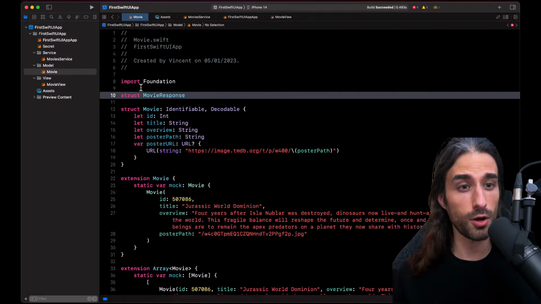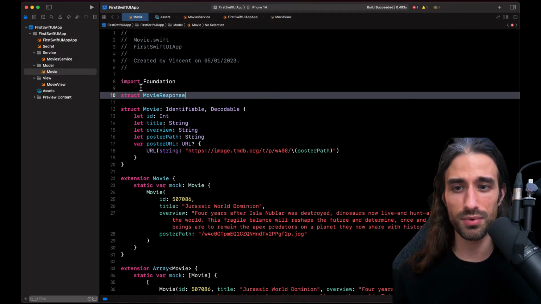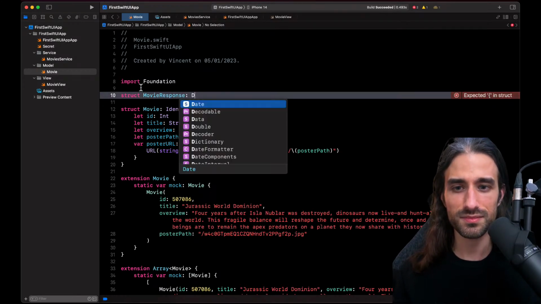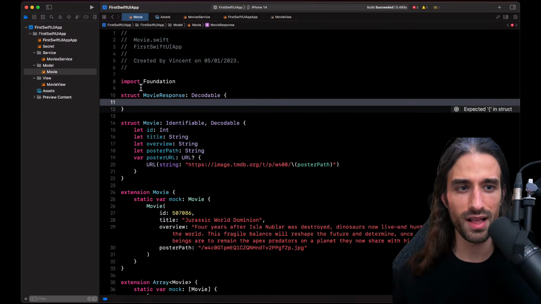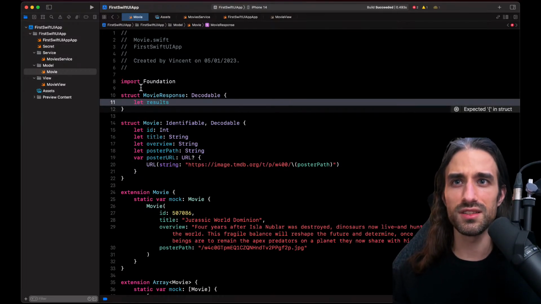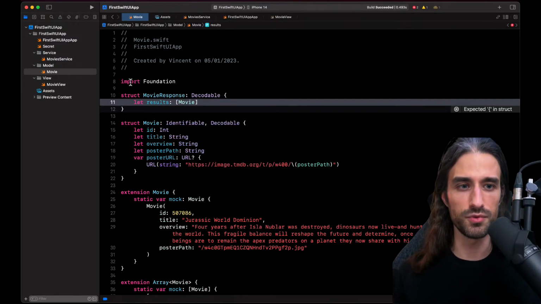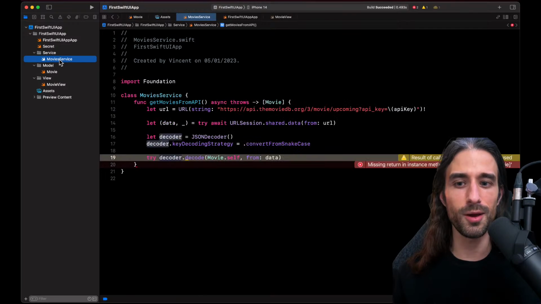This is the top level object in the API response I will receive. I will make it Decodable, and it's going to be very easy to implement because it has only one property, which is called results, and it's an array of Movie. And so I'm going to update my code to say I want to decode a MovieResponse.